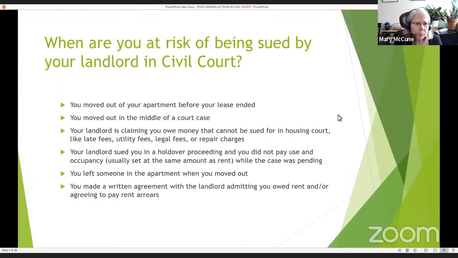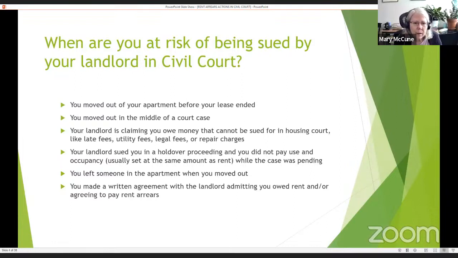So when are you at risk of being sued by your landlord in civil court? These are examples of the most common scenarios that I see in civil court cases involving rent arrears, but there are more than this. It can come up in a lot of different contexts, but just to give you a general idea, it's frequently